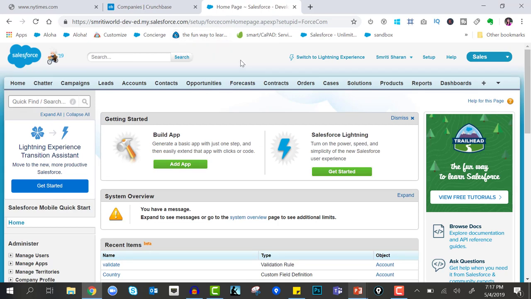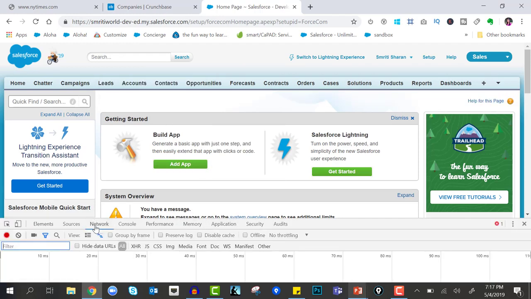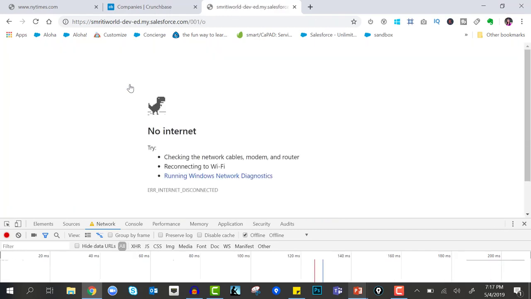So now you can see a classic UI. Now let's see what happens when I go offline in this mode. So again I will go to inspect, I will go to network, select offline mode,